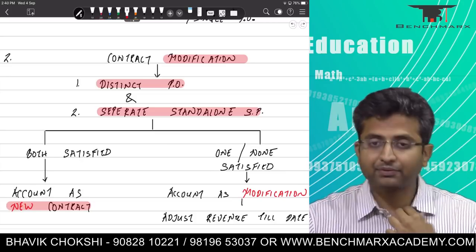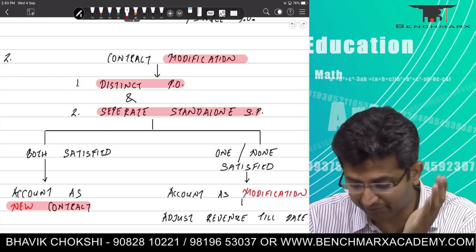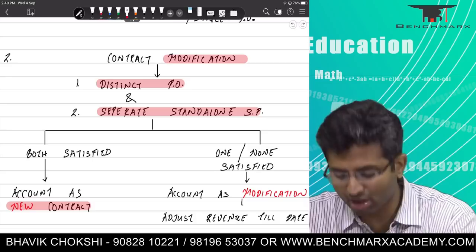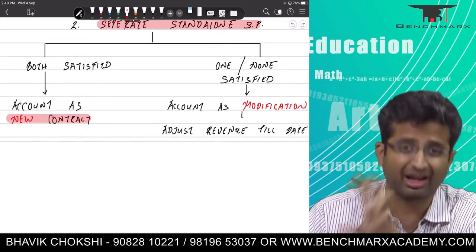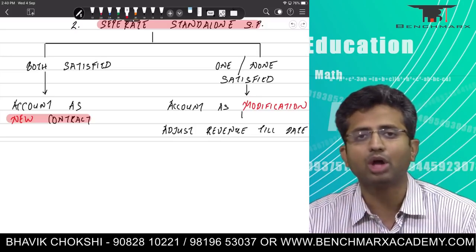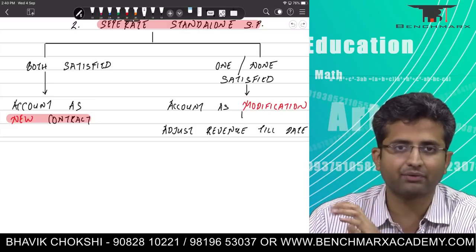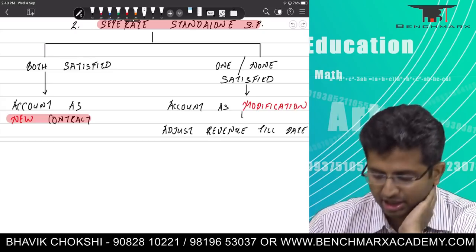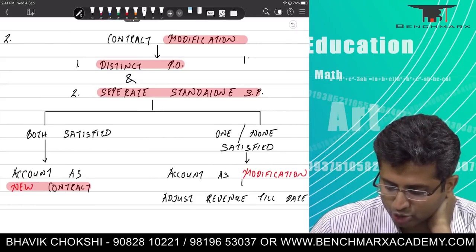So if one or none of the conditions are satisfied, then what we'll have to do is account for it as a contract modification. What do we mean by contract modification? You'll have to adjust the revenue on a cumulative catch-up basis, in the language of the Institute. What does that mean? So let us say you had contracted with someone to do a particular household painting for your house, and he had estimated that it will take 100 hours, and he was charging you at the rate of